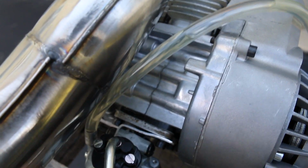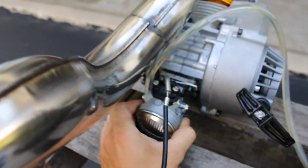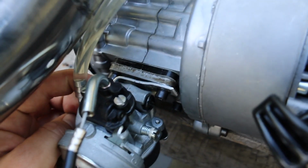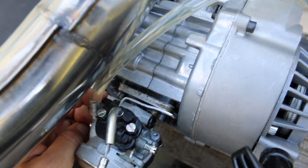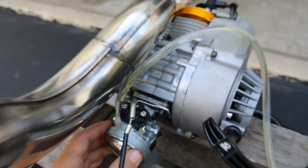It hooks up to the upper right intake bolt here, shoots across, and hooks onto the carburetor mount right here, and this keeps it from going left and right and doesn't come off either this way. So if you need a reference, just do it this way. Works out. It's a very tight fit, as you can see, but this is pretty much the way you got to do it. There's a few different other ways you can do it actually, but this is the way I did it, and